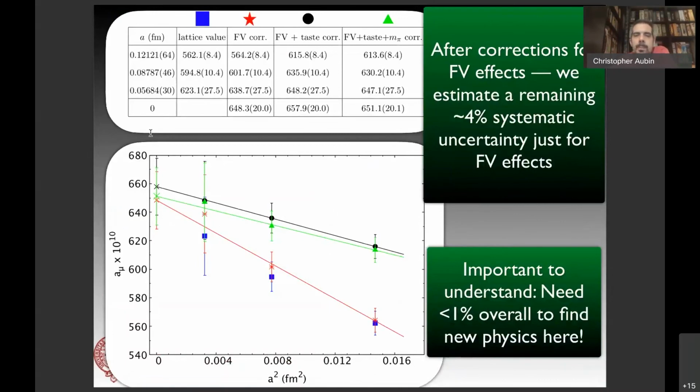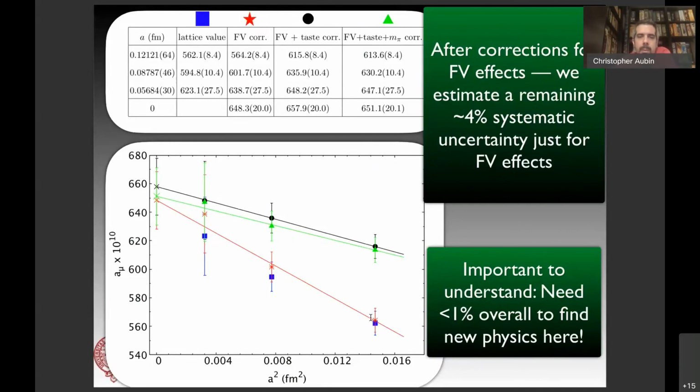So this is, again, a plot I showed earlier in the lecture, or in the day, or whenever. I don't even know what day it is anymore. And again, these are a bunch of numbers. You don't have to worry about them all explicitly. I put on top of each column what symbols correspond to in the plots. The blue points are the direct lattice values. From that, we can add in volume corrections directly, which shift them up a little bit. Then we add in, using chiral perturbation theory,